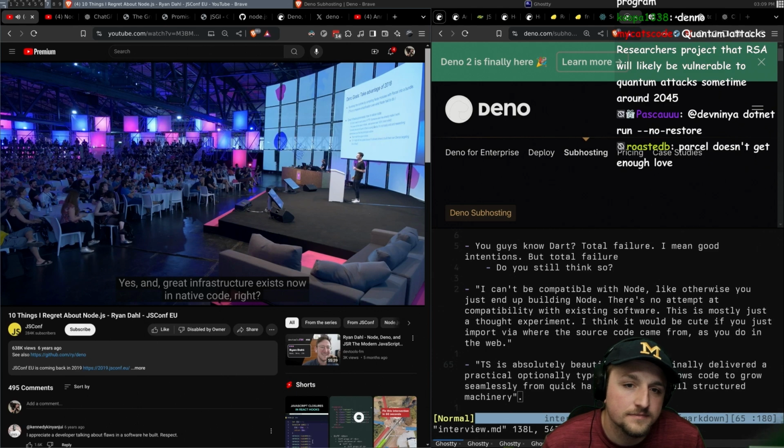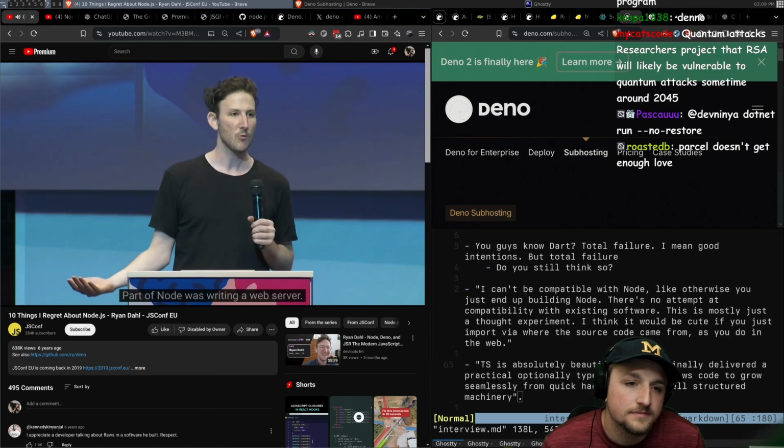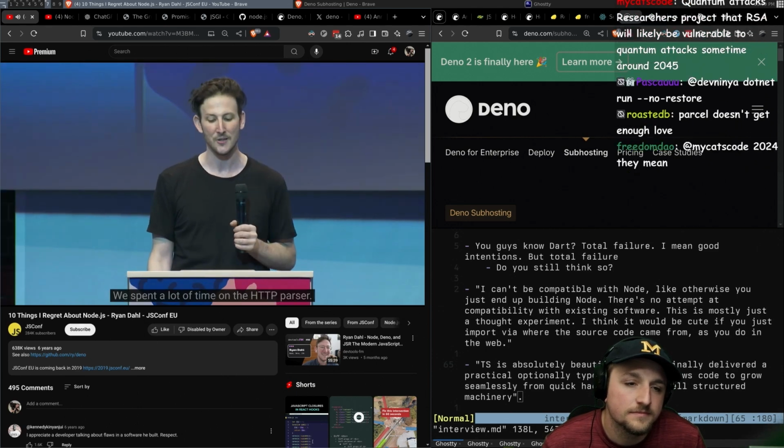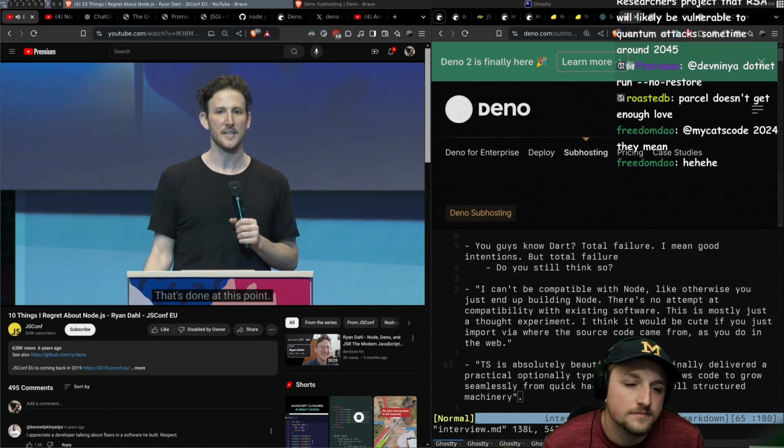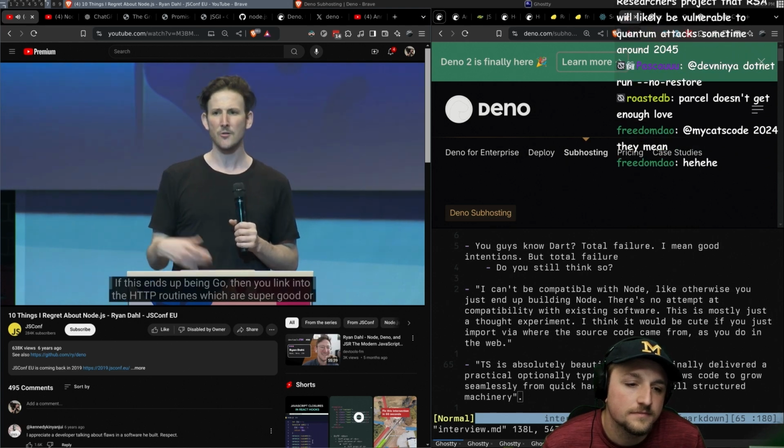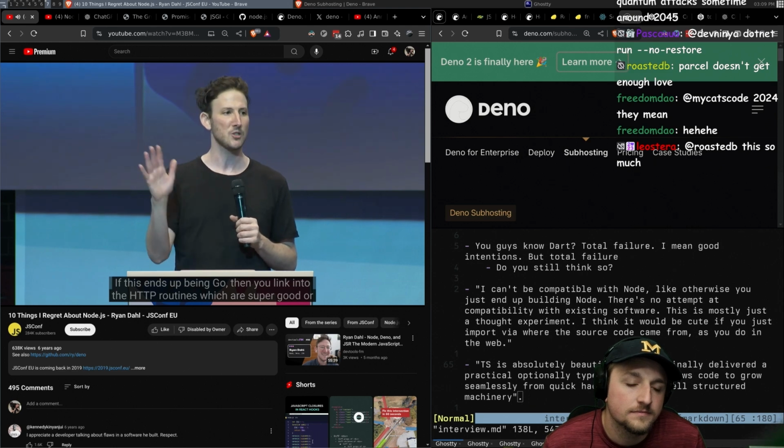Great infrastructure exists now in native code, right? Part of Node was like writing a web server. Like we spent a lot of time on the HTTP parser. Like, there's no need to do that. That's all done at this point. If this ends up being Go, then you just link into Go's HTTP routines, which are super good,